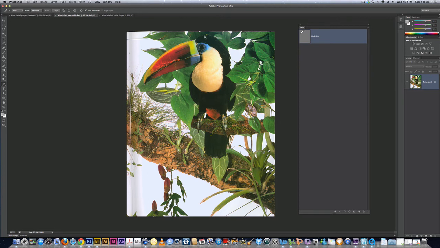No big deal. The pen tool is great. You can go back and you can change from linear to curved, or Bezier. It's called a Bezier curve. See, I'm curving now. I'm going to include the leaves. I'm just sort of guessing at the wing here, because I'm going to get rid of them another way. I'm going to paint out the leaves in the toucan. I'm going to include the branch because I don't want to deal with